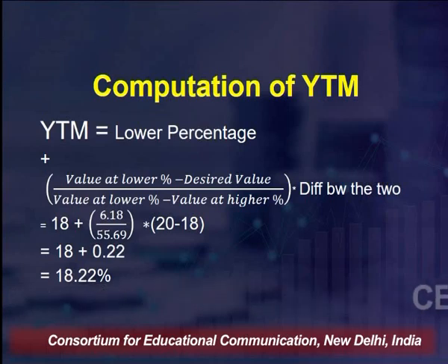So, this one method is really very technical, but it is the correct method of calculating the YTM, that is your yield to maturity, when you are buying a bond at the current market price and you want to estimate how much profit, what is the return which you will be getting if you hold that bond for the next, say, 3 years, 4 years or 5 years, whatever is the time left for the maturity of the bond.